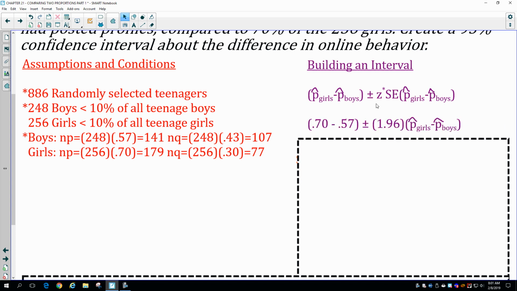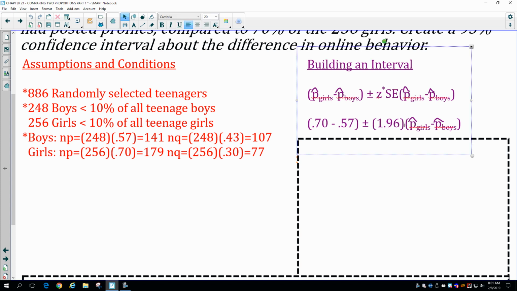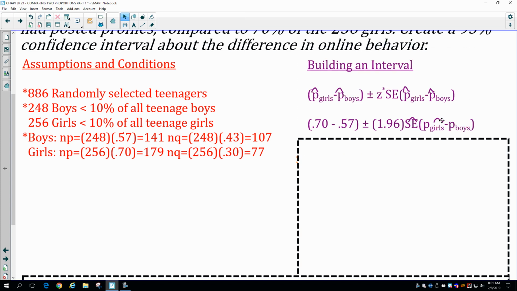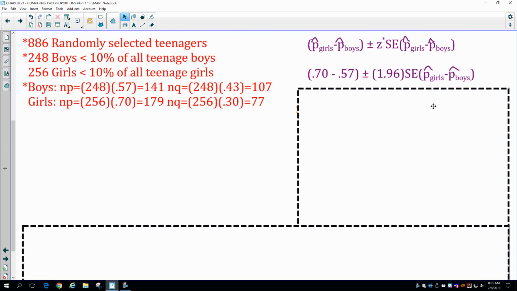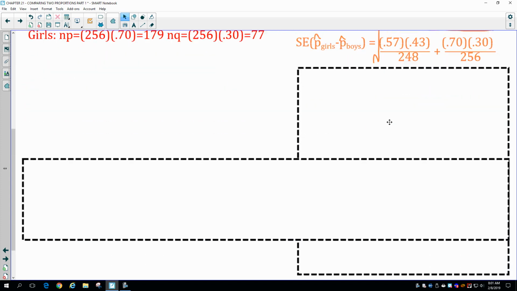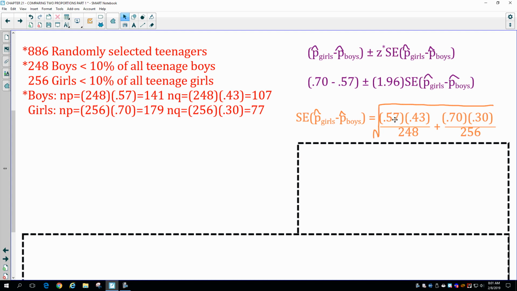Z star for 95% confidence is 1.96. And then we've got to make this calculation for the standard error for girls and boys. And sorry, that should have an SE in there. So we're doing p hat q hat for the boys divided by the sample size of boys, plus p hat q hat for girls divided by the sample size of girls. We make those two calculations, add them together, and take the square root. We get